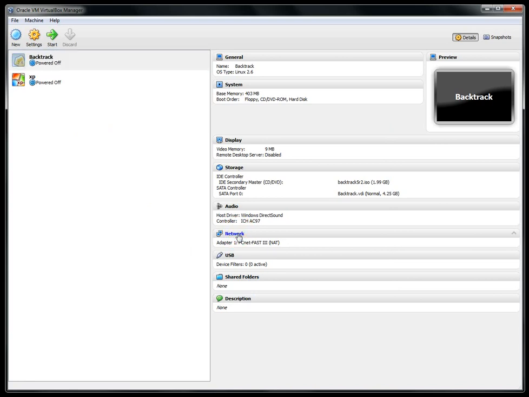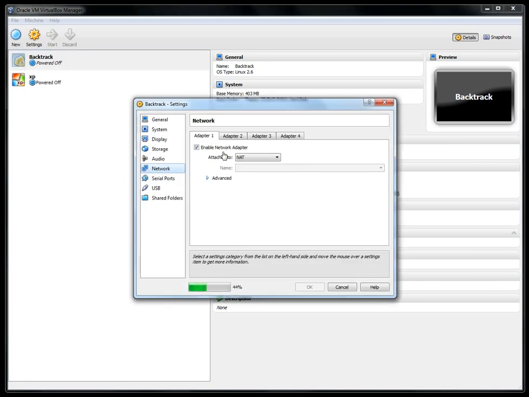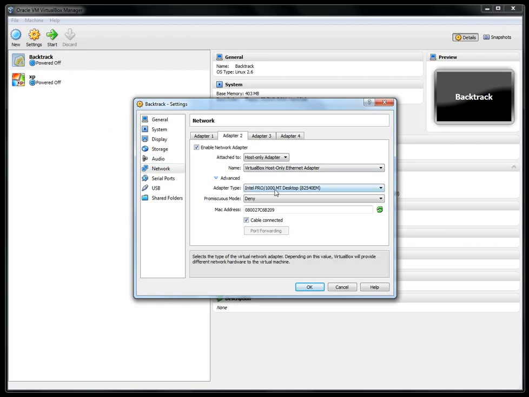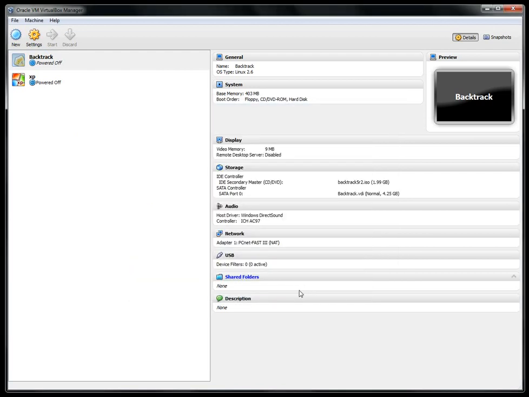Then again go to network, go to adapter 2 and enable network adapter. Here you will select host only adapter. Then go to advanced and here also select PCNet FAST III, select allow all, and click OK.